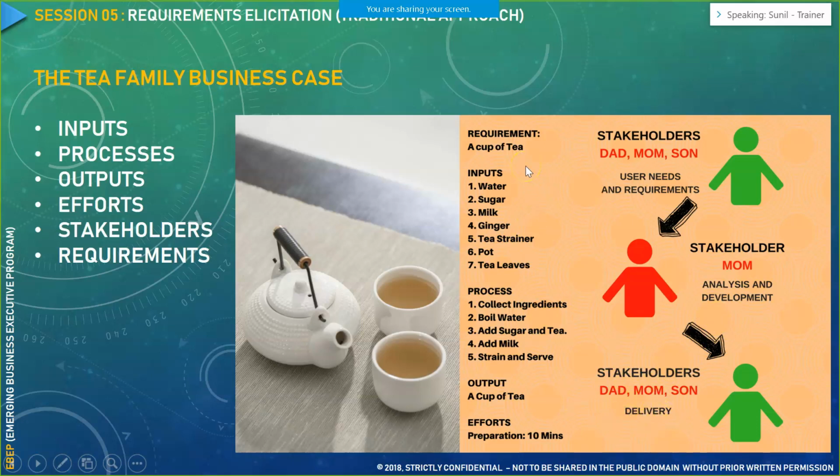In the software requirement engineering world, you would essentially deal with all these things: the inputs, the process, the output, the effort, the stakeholder, and the requirements. Requirements are nothing but your need, what you want out of the system. What is the requirement that you need to capture in order to build a system? Stakeholders are the persons who would give you the requirement. It could be an external stakeholder or an internal stakeholder. Depending on the nature of the stakeholder, they would give their requirements or specify their needs.